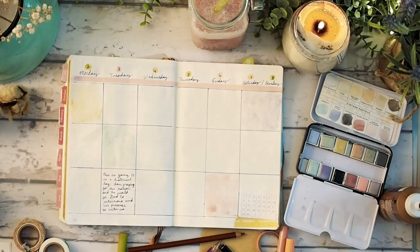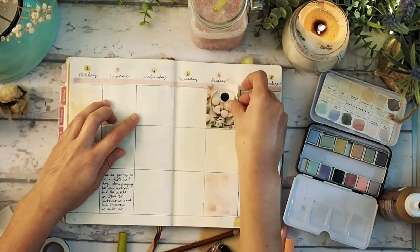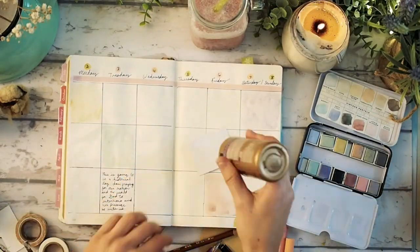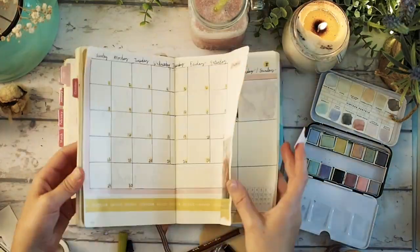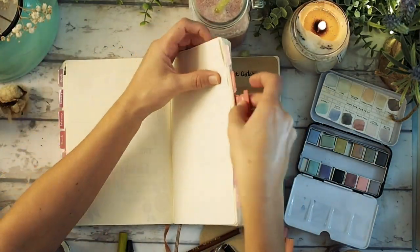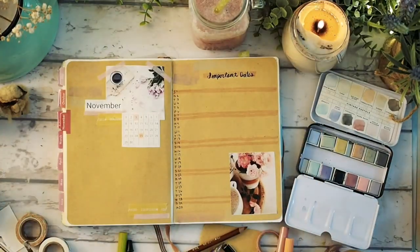Does anyone else spend an entire day getting your bullet journal ready? That's what I did on my Saturday yesterday. I worked on this, and it was so much fun. It was cold outside, so it was a good excuse to just kind of stay inside and do something creative. So here's the final flip through,